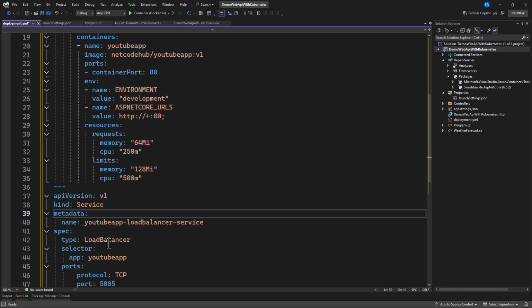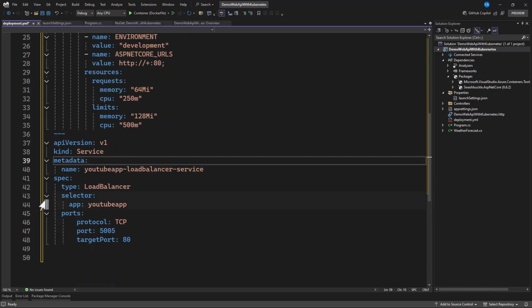I want to set this service as a load balancer service, which is going to intercept traffic and share among the replicas. So let's say here we're going to have 3 replicas, 3 instances running. Now, when you have high traffic, this load balancer is going to take requests from the various clients and share them among these 3 replicas that we have created. So that's the reason why we are creating a load balancer.